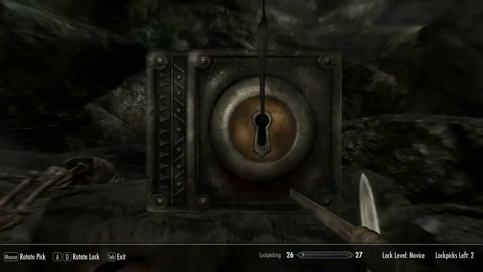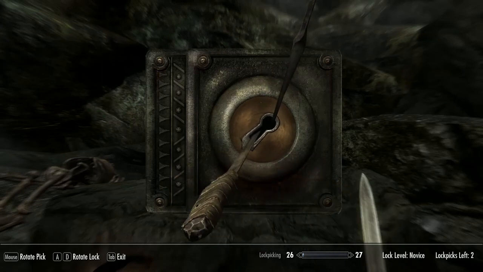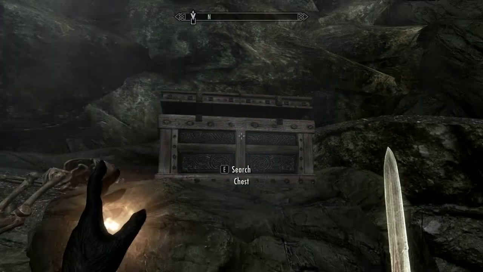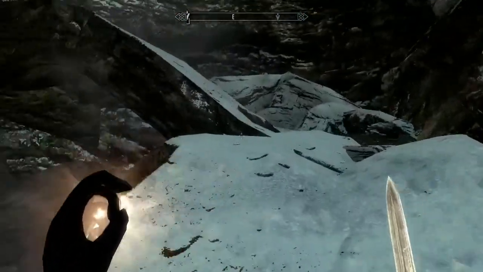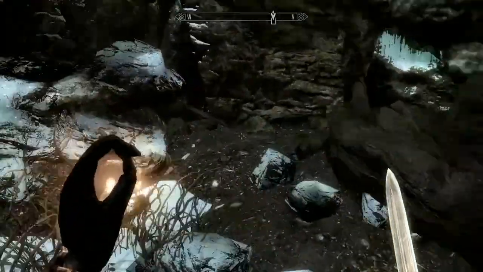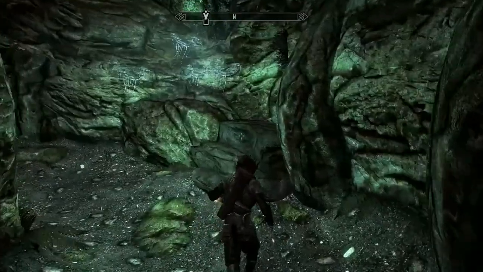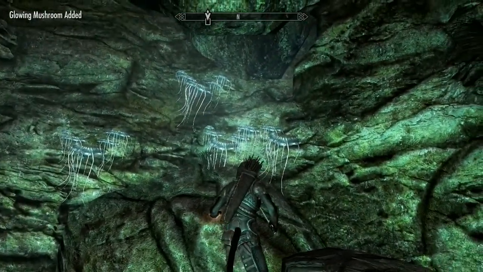Chest. It's a novice lock, so that was easy. Sometimes you just gotta have some dumb luck. That's pretty much all you need. I mean, there's absolutely nothing telling me where the entry point is, so it was a novice lock, so the entry point is relatively large. So it's not really hard to pick locks at this level, but